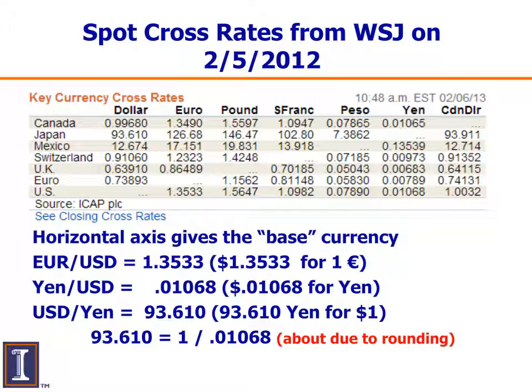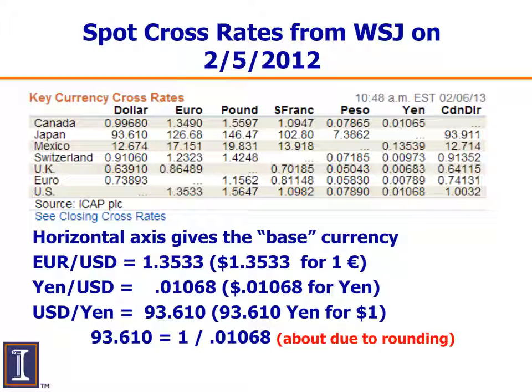0.73893 would equal 1 divided by 1.3533. The yen US dollar, and just to give you a couple other examples, there you see the yen US dollar is 0.01065, so go to the yen, which is the second to last column. It is 0.01068,